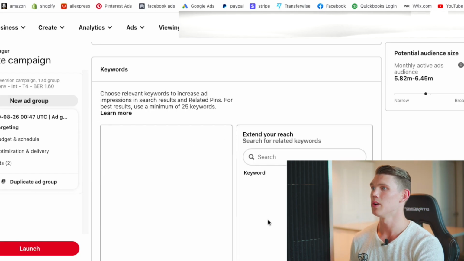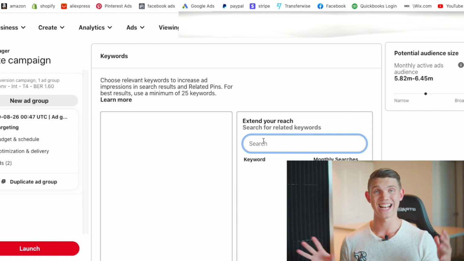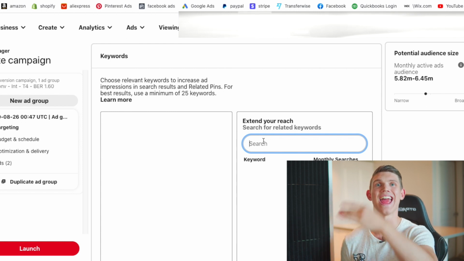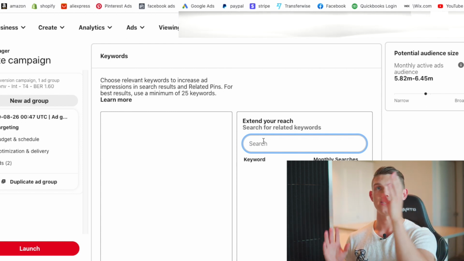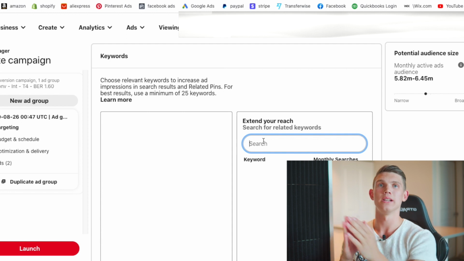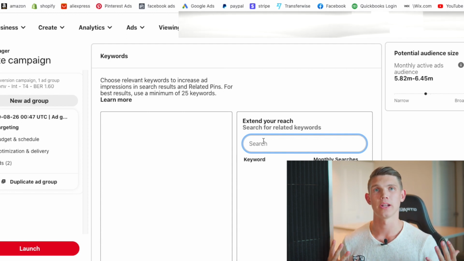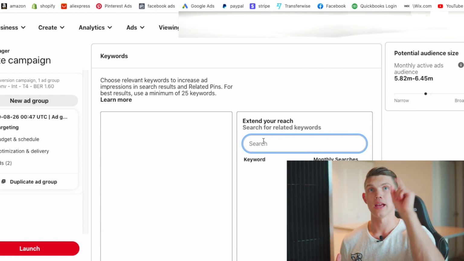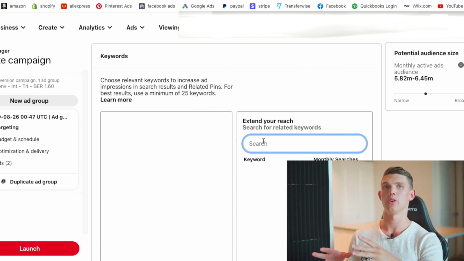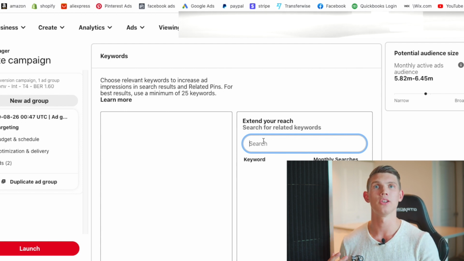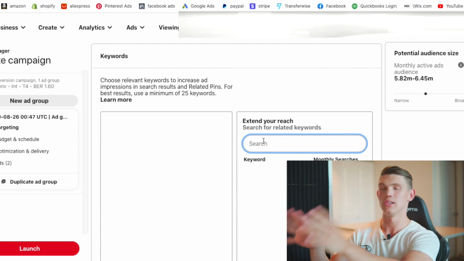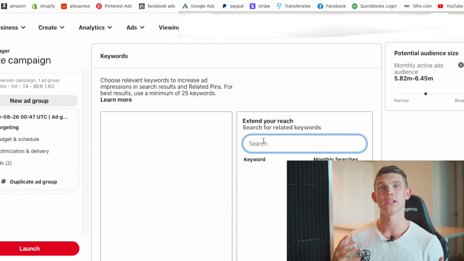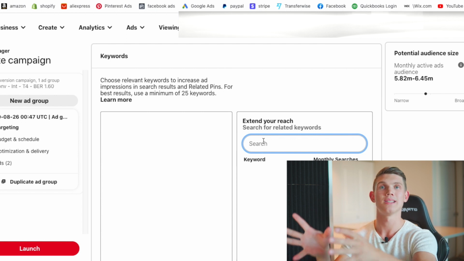So beauty, and then once we come in here, Pinterest gives you the ability to add keywords. What a keyword does with the Pinterest algorithm is it acts as an and/or. So it doesn't replace the actual interest that you're targeting. What it does is it overlaps with the interest that you're targeting. So let's say you're targeting beauty. If it finds someone that's interested in beauty as a primary, so first off interested in beauty, but then they also have shown interest in posts that have the tags of these ones that you include there, this basically indicates to Pinterest that not only does this person like beauty, but they also like some of the keywords that you've inputted,